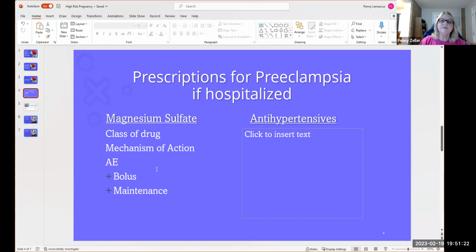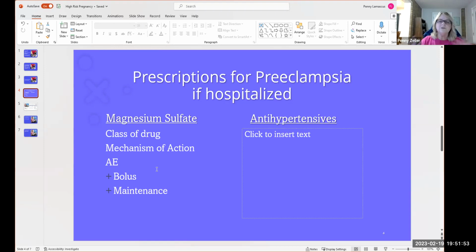So we give magnesium, which is a central nervous system depressant. It helps those blood vessels dilate and provide good perfusion to the brain. And that's why we give it to women with preterm labor, because we want the baby to receive that extra magnesium to dilate those babies' vessels to provide good oxygenation to those very, very fragile vessels to prevent cerebral palsy.